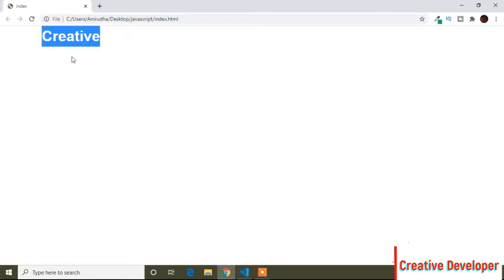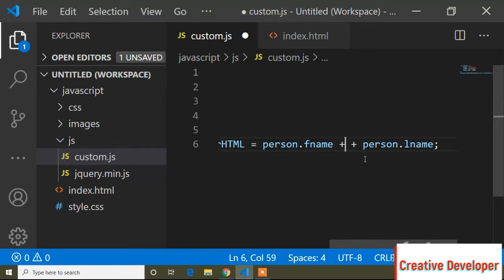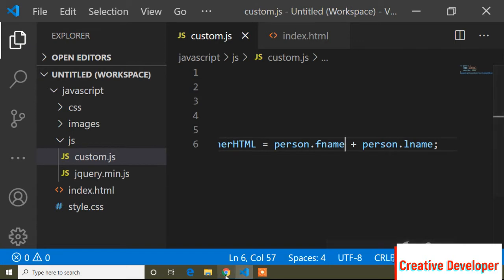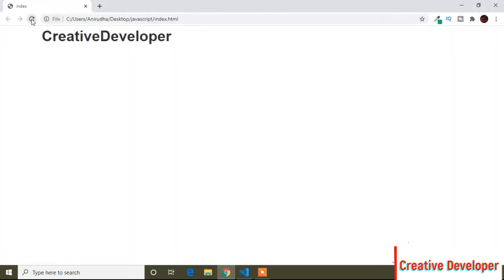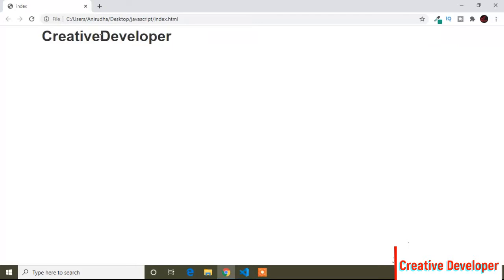So save and run this. So you can see, but here between the first and last name we should not add a comma. So I will remove that comma from here also, and I remove the one plus from here also. So now if I print here, you can see first name, creative, and developer, but you can see both are attached.